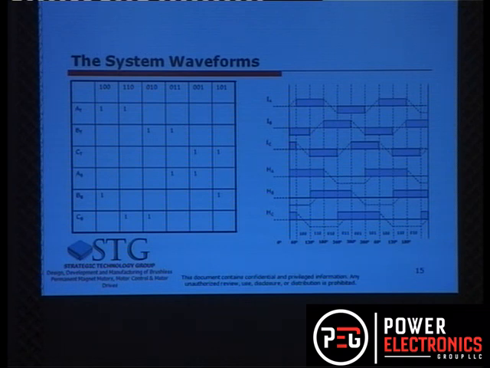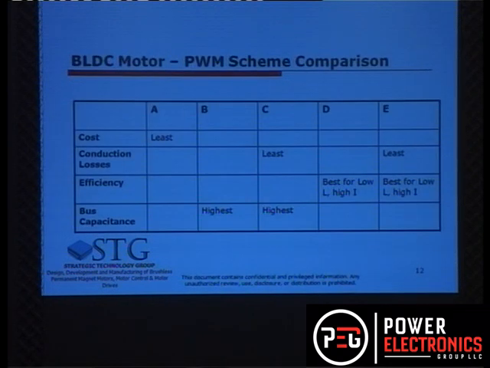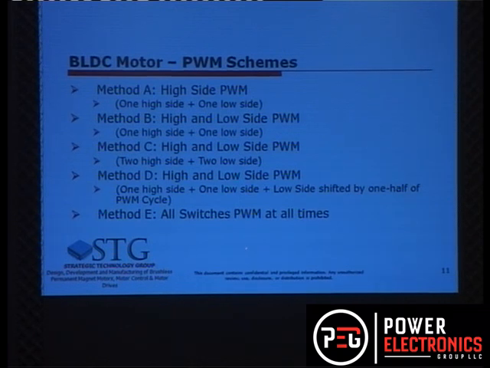And are those PWM schemes related only to this six-step control, or are they general PWM schemes? No, these are only related to six steps, except for the last one. The last one is common to sinusoidal plus trapezoidal. All of these are related to six steps. Now you can talk about space vector modulation, but this is purely related to six step control. Right? Now high speed